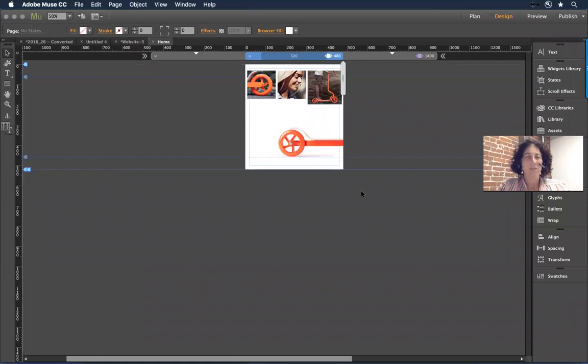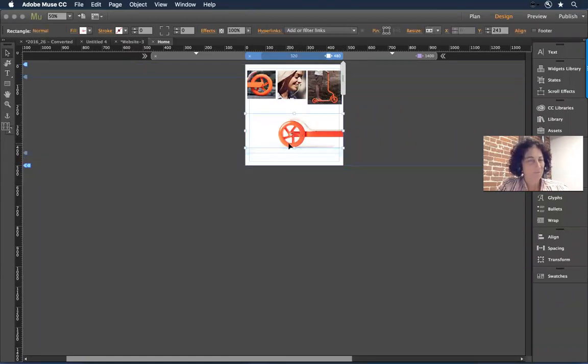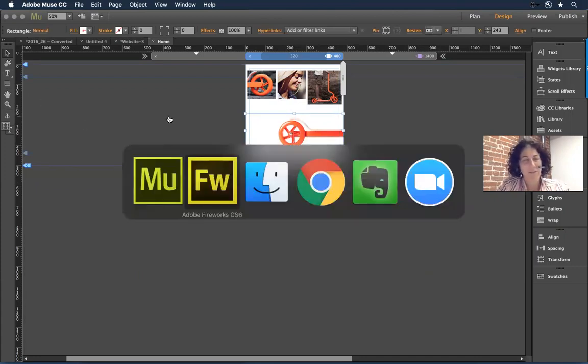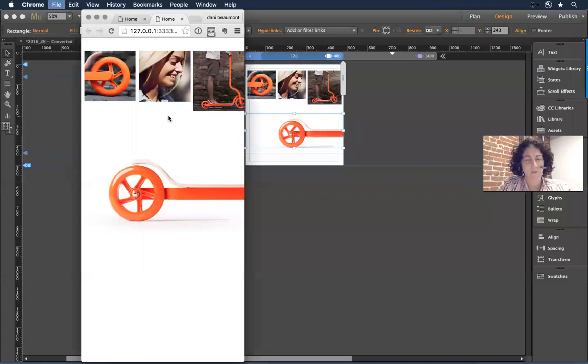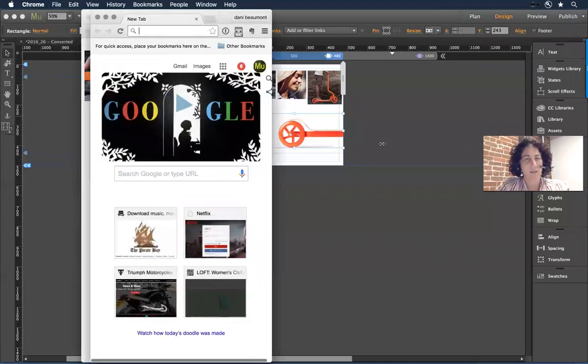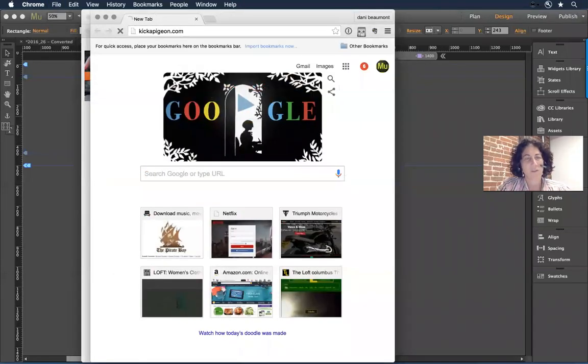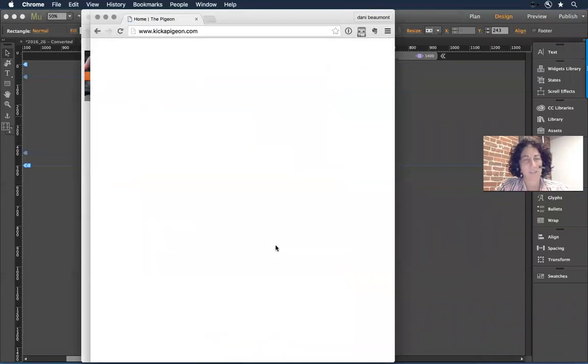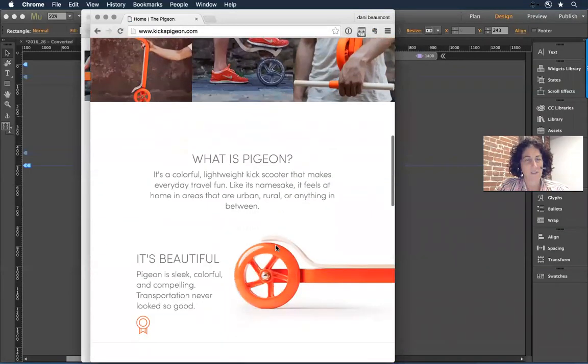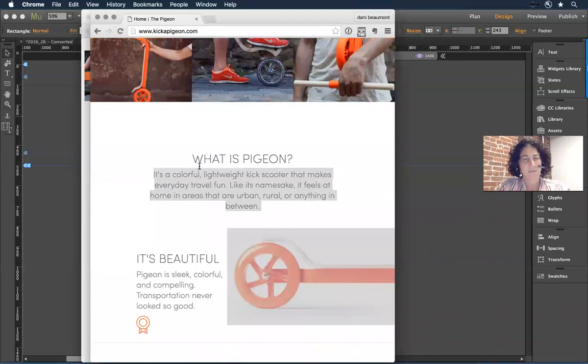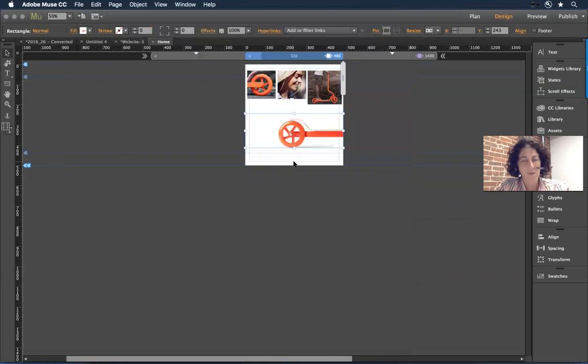We then step into the world of vector, that broad world of vector. And there's a couple ways that we'll talk about vector. The first has to do with typography. Let's go do my favorite lazy way of typesetting here. If I go to kickapigeon.com, happens to be on my live site, I just want to steal a little bit of text here. So if I had this text and I wanted to work with it within Muse,